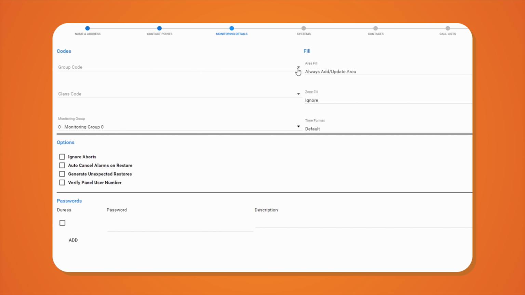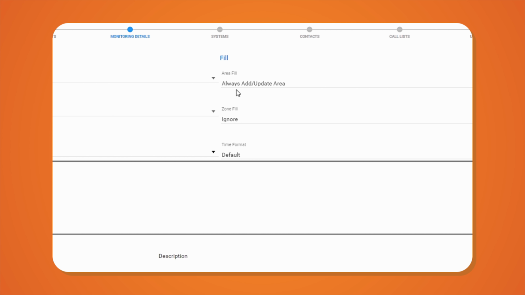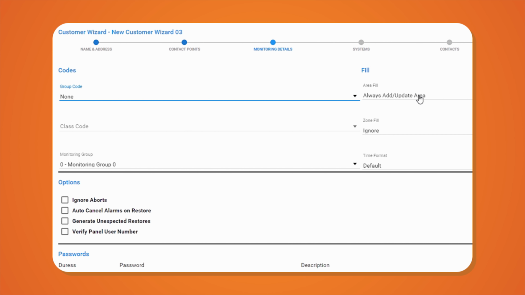This information was previously housed on the options form within the legacy Manitou system. Notice that the fill options are set to the most common configuration now. Now you will be less likely to miss common settings. Select any applicable group or class codes as needed and set the monitoring group if it is other than 0